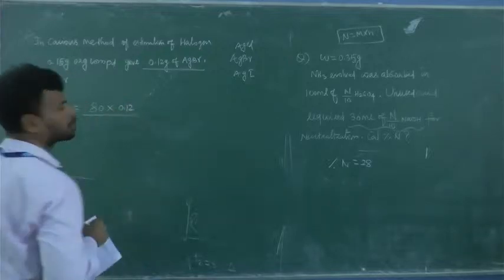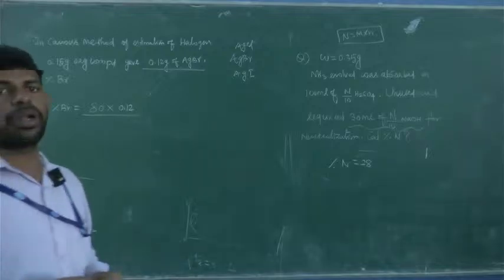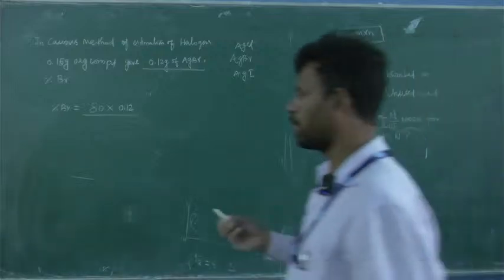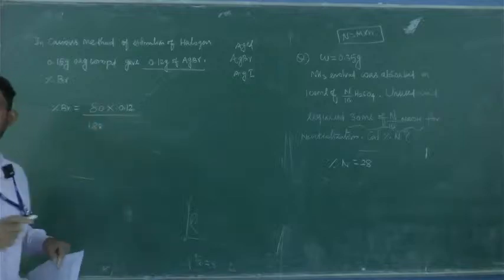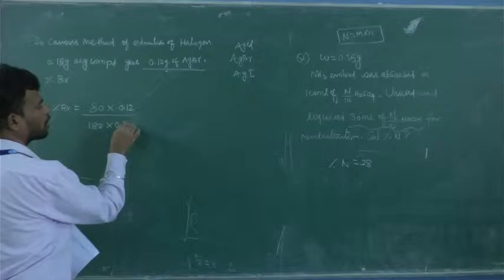Divided by the molar mass of AgBr. Ag always 108, please remember, is it clear? Ag atomic mass is going to be 108. You have to remember this value. So 108 plus 80, what is the value? 188, is it clear? Plus the given organic compound is going to be 0.15 into,